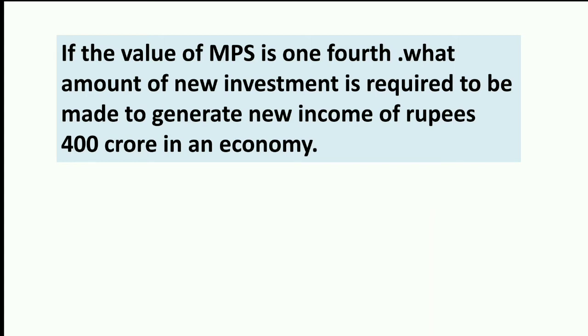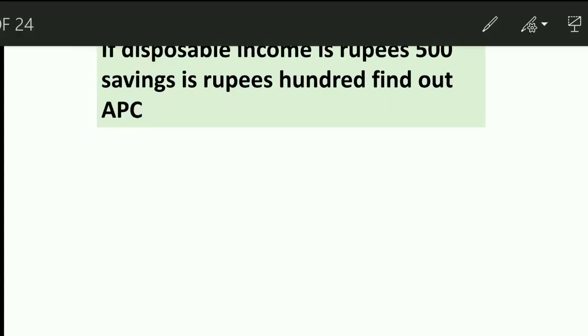First of all, mention all the formulas that you're using, and then at the end write a conclusion of 2 or 3 lines like, hence a new investment of 100 crore will be required to generate additional income of 400 crore after solving it. Okay, now see, the next question says, if the disposable income is rupees 500 and saving